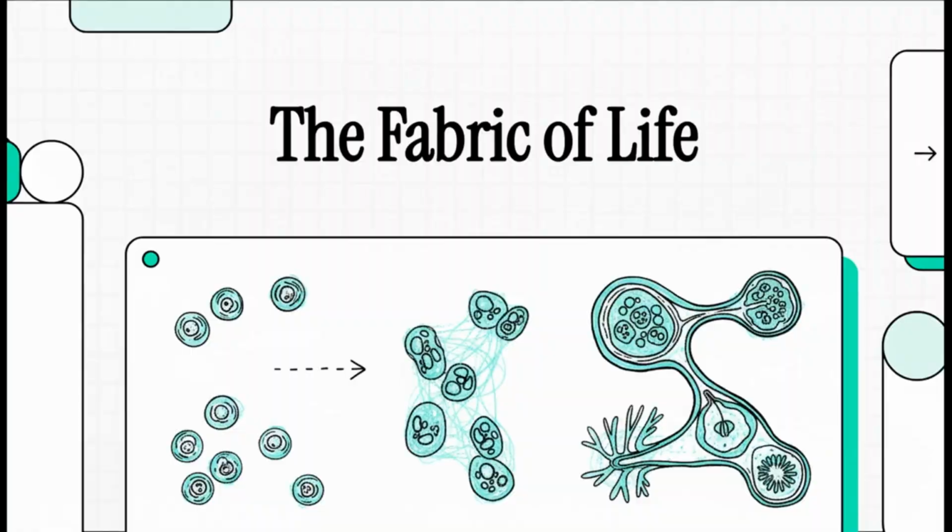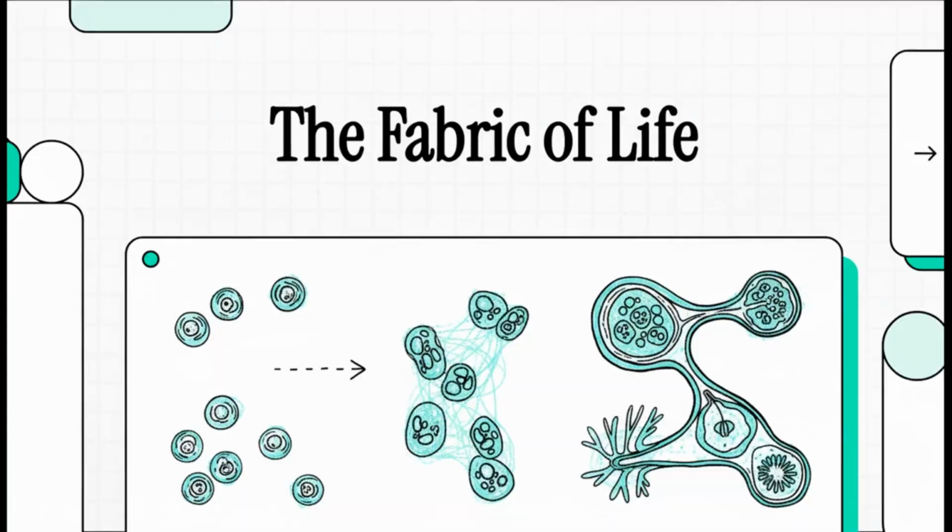Next up, we need some power. We need engines. And that's where muscular tissue comes in. Every single movement you make, from walking across the room to just blinking your eyes, it's all powered by these incredible cells that have one main job: to contract. And these engines come in three main varieties. First, you have skeletal muscle. This is the stuff that's attached to your bones, and it's voluntary. You decide to move it.